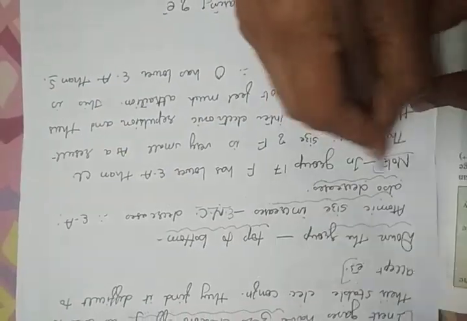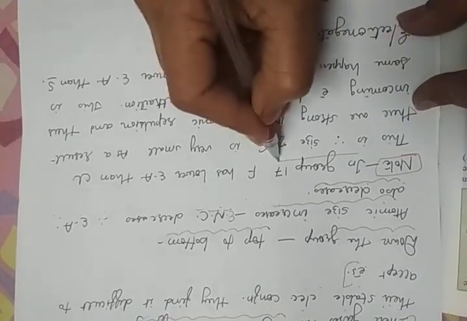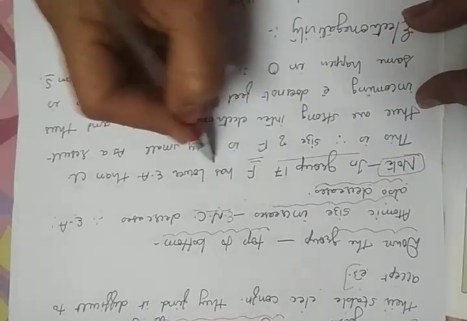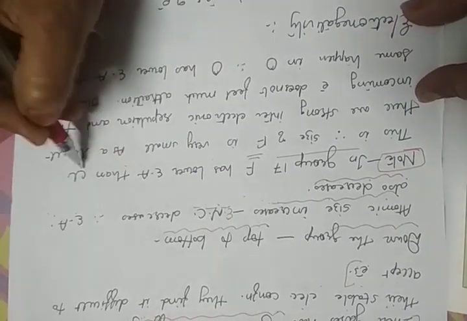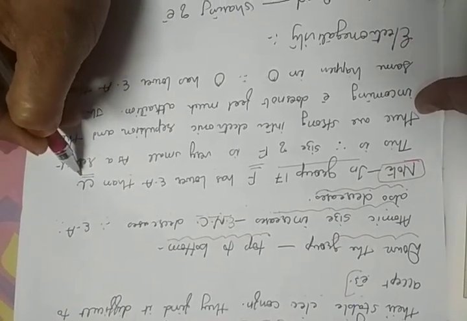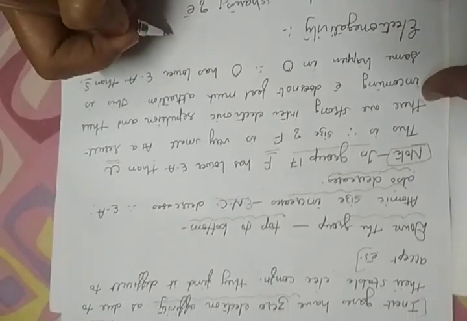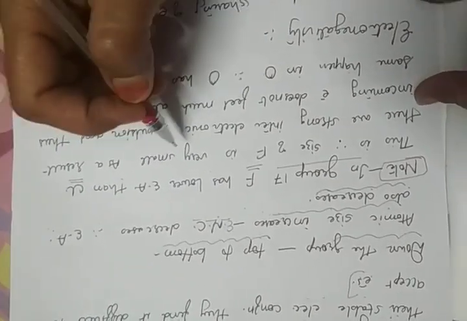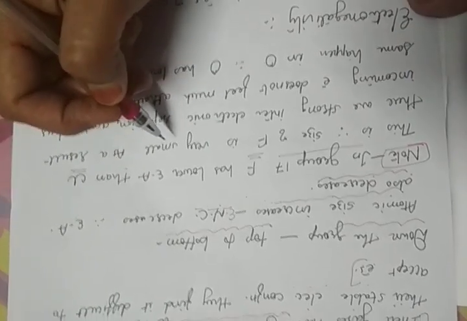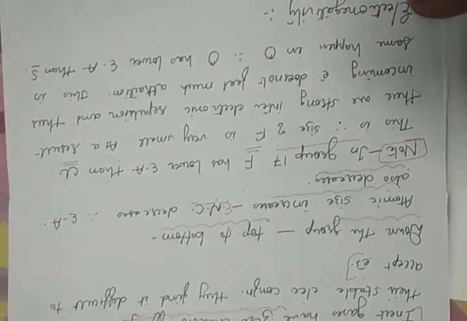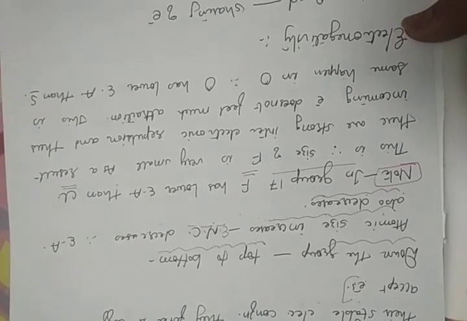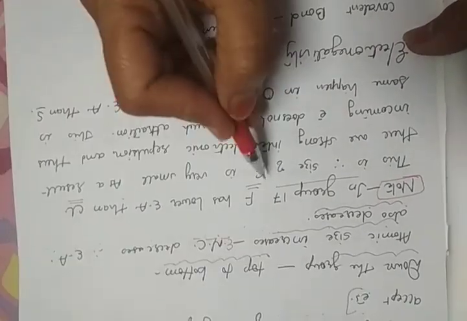Note, we have to remember this special note. In group 17, fluorine has a lower electron affinity than chlorine. As we are saying, from top to bottom the electron affinity decreases. It means the first element should have the maximum electron affinity, as when we move down, the electron affinity goes on decreasing. But it is one exceptional case.